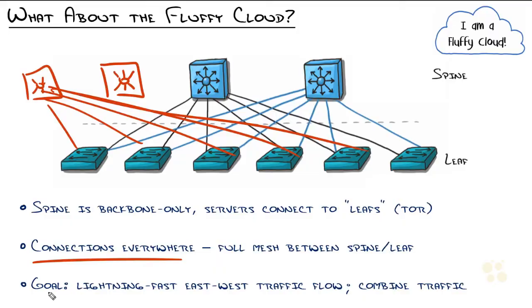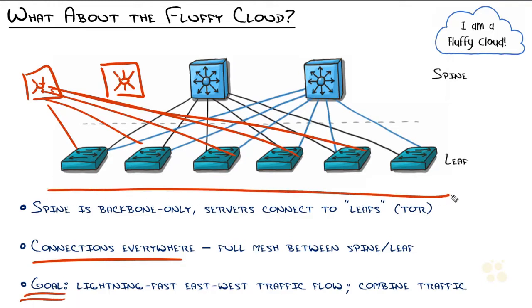It's optimized. I would love to just grab my GoPro and go to a data center with you. It's such a trip. But it's literally optimized with all these trays of cables that are just running to reach everything. So to build a full mesh of connectivity between the spines and the leaf, not a problem. And the goal that we're trying to achieve with this is lightning fast connectivity this way.